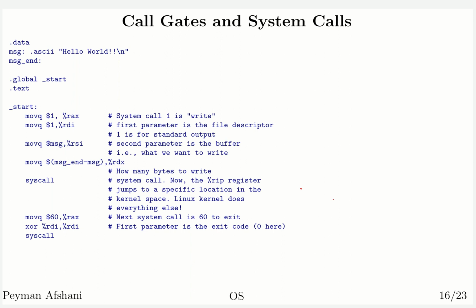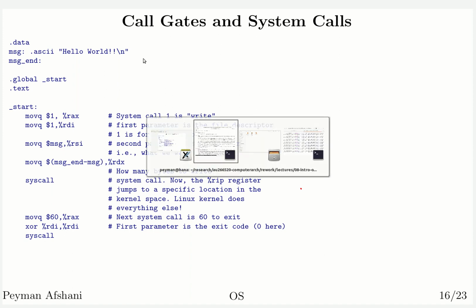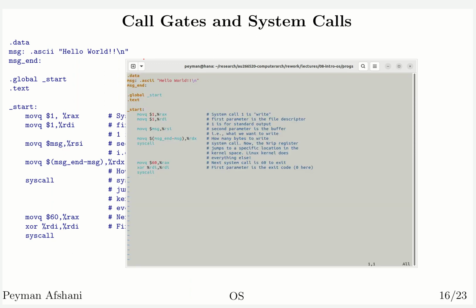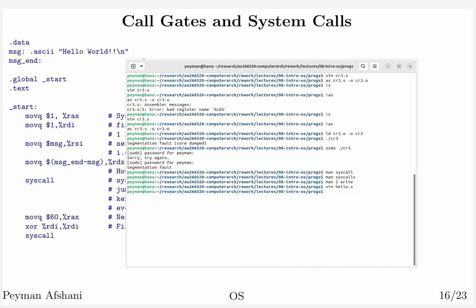In this assembly, we calculate how many bytes not by counting the bytes in the string hello world one by one by hand, but by being a little bit smart here. Basically, we are subtracting this address from this address, which should give us the number of bytes inside this hello world. And then we call the system call, and it works. Just to show you the code on the screen, I have it here. This is hello.s, the exact same program.